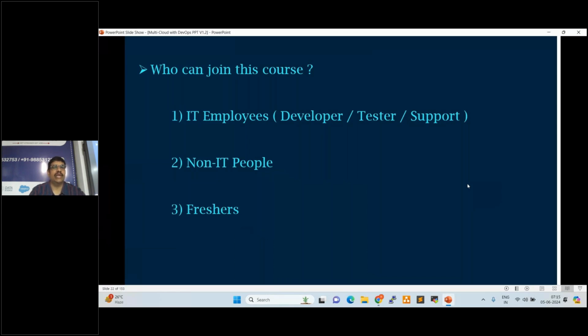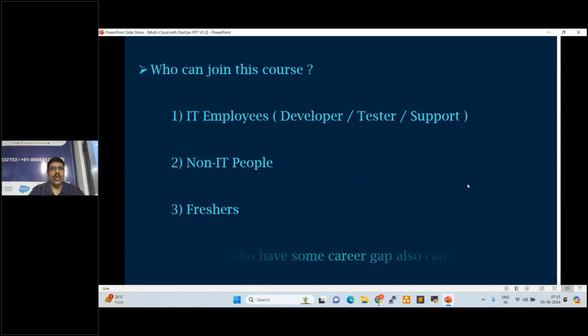Experienced guys also have some openings for DevOps and cloud. Recently, in my previous batch, one guy named Ramesh cracked the interview with a very good package. He's a fresher, a 2023 pass out, with a 6 lakh package.